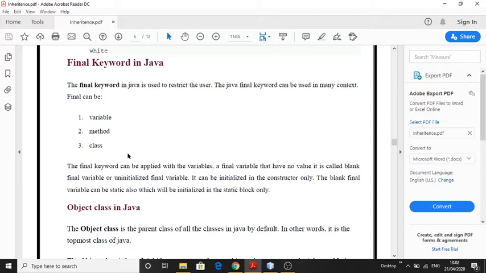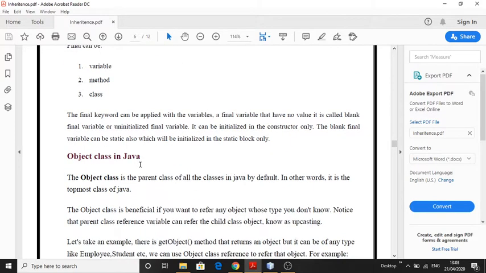If we put the final keyword in front of a class, then that class cannot be inherited by any class. And if we put final in front of a variable, then that variable is treated as a constant, like in C programming where we declare const variables.